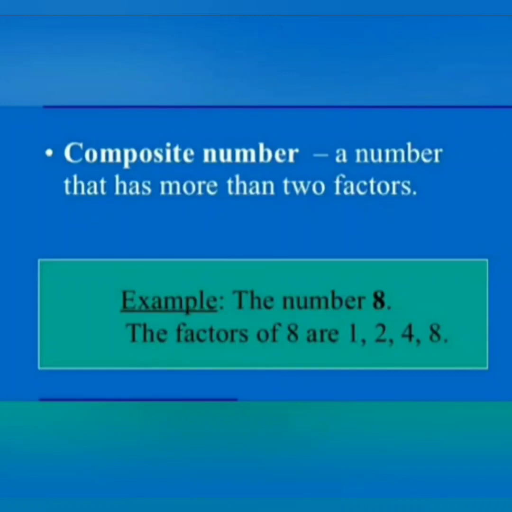The basic difference between a prime number and a composite number is that a prime number has only two factors, whereas a composite number has more than two factors. Prime numbers include odd numbers, whereas composite numbers include even numbers. But we have to keep in mind one point, that 2 is a prime number and that too it is an even number. It is the smallest prime number.